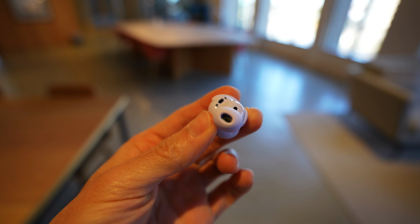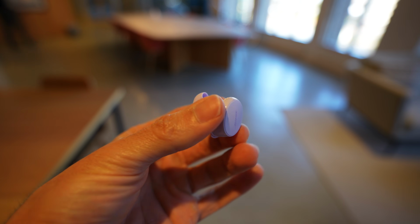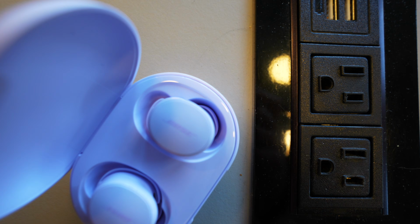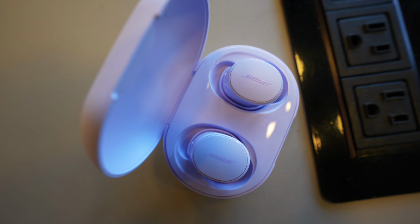It's kind of a nice design, even though they do look a little bit clunky when they're actually in your ear. And if you can get over how they look, maybe it's not such a concern for you, or it's something that you can just live with. There are a lot of things to like about how these earbuds actually work, even if it is a little bit weird. Aside from the confusion caused by naming these earbuds the same thing as, well, all of their other